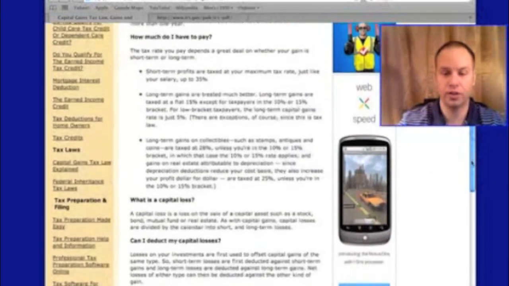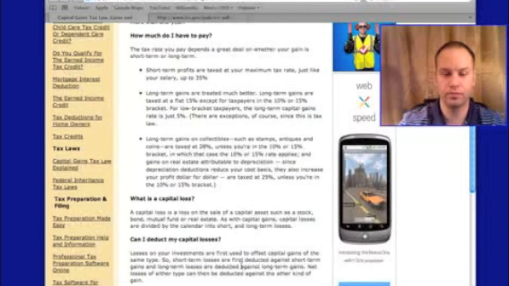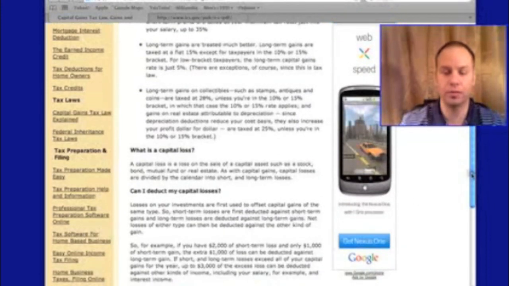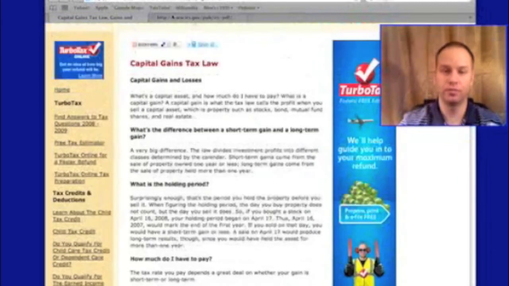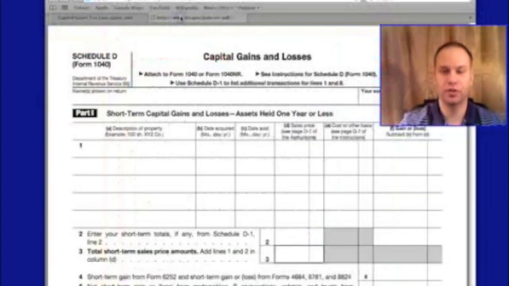And we have a section here for the capital losses. I like to focus on the capital losses because it's something people usually don't take advantage of and they forget that they had a loss. So in that year you made some money, you need to go back and utilize some of those losses you may have not used, because it's really just money in your pocket if you spend the time doing it.